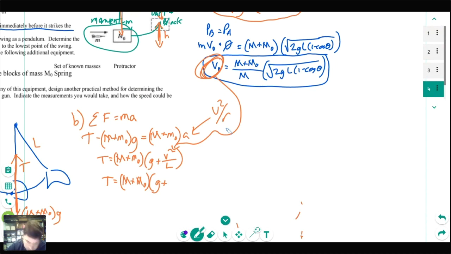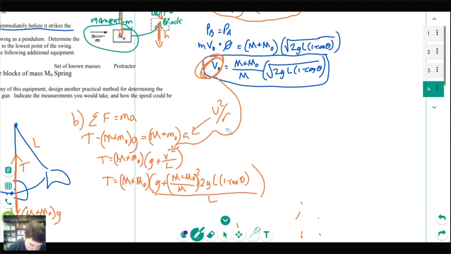So it's g plus m naught over m squared, 2gL 1 minus cos theta, all over L. Yuck. This looks like it's just a mess. Good news is L can disappear. Can I do much more with this? I am not quite sure. Oh,